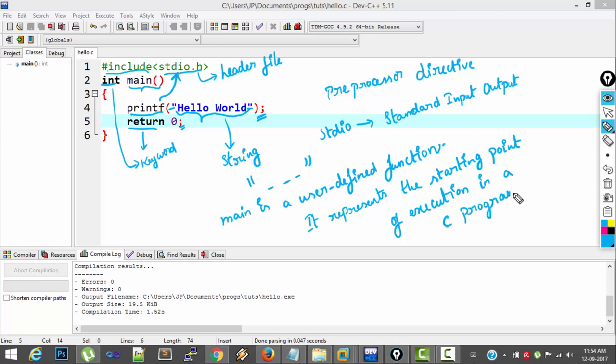So no matter how long your C program is, the first instruction that is going to be executed is the first instruction which is inside main function. So the first instruction which is inside main function is this printf line. So this is the first thing that is going to be executed. And